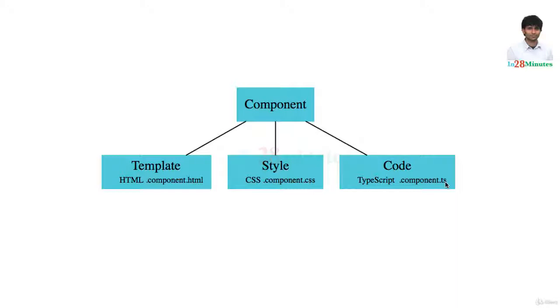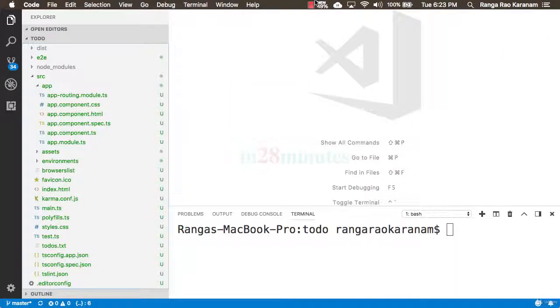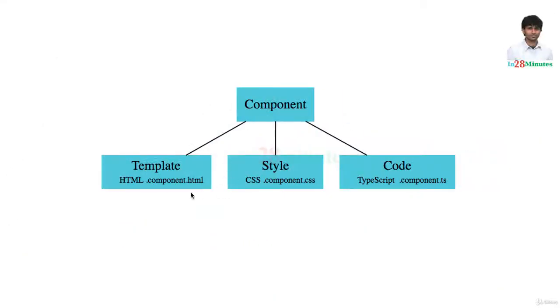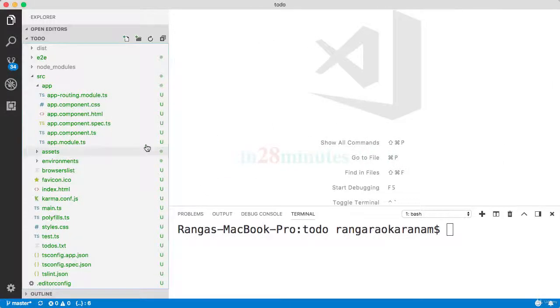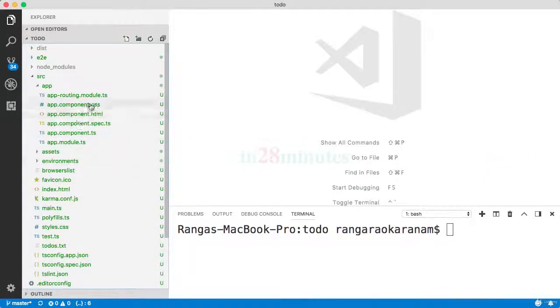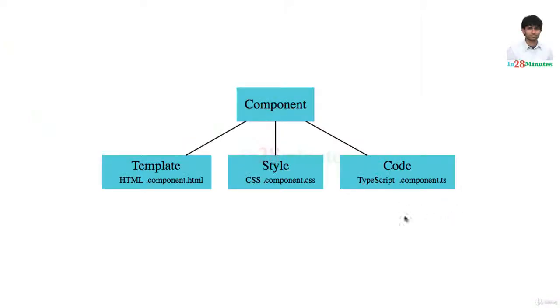TS stands for TypeScript. When you look at our workspace, there is one component which is already present in here. It's called the app component, and you'd see that the extensions exactly match to what we have seen earlier. So we have a HTML template, that's basically the app.component.html. We have the styling in app.component.css. This file is empty for now, and we have the code which is present in